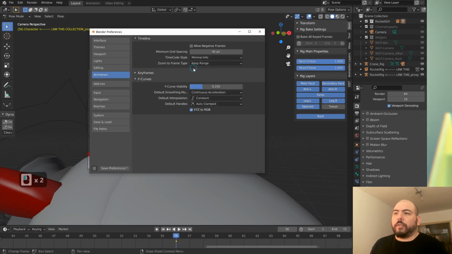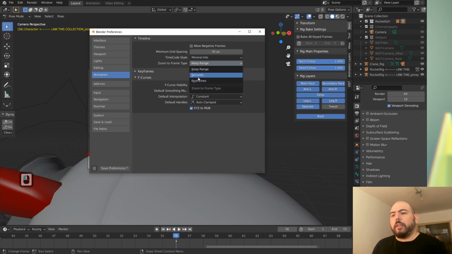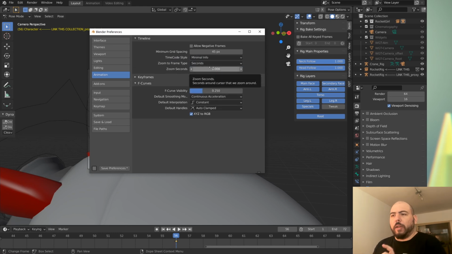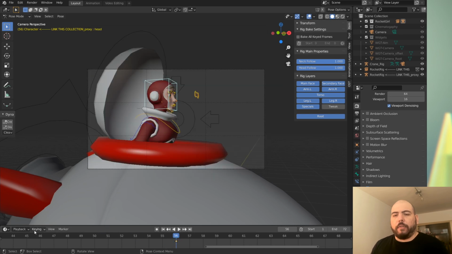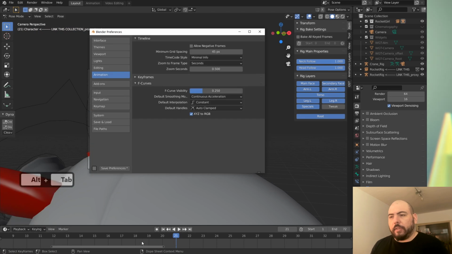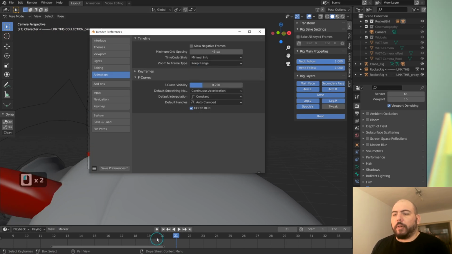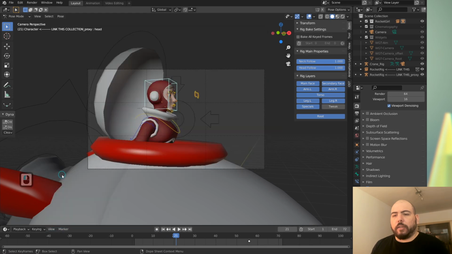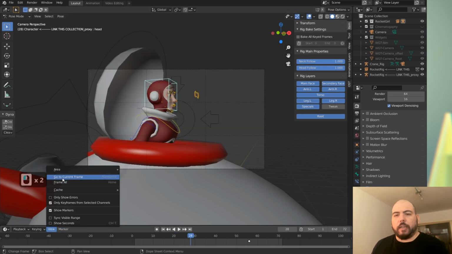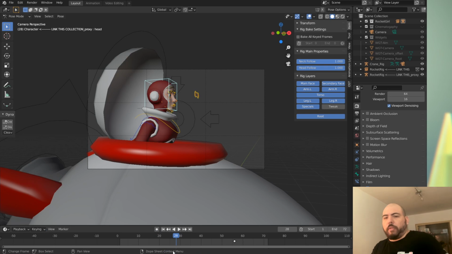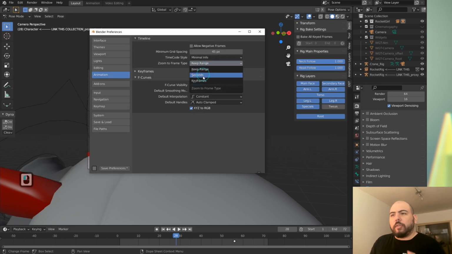Animation, this one is an interesting one. By default, it keeps the range, but you can frame stuff and tell it to leave margins around. So if I go into seconds, it will leave 1 second after and 1 second before, or half a second, for instance. So if I click this keyframe that I created, then go here, frame, go to current frame, it just leaves that amount of space. If I go to keep range and change it and then do the same, it just keeps the range itself. It doesn't change it, it just moves around in the timeline. So it's cool to test it out.